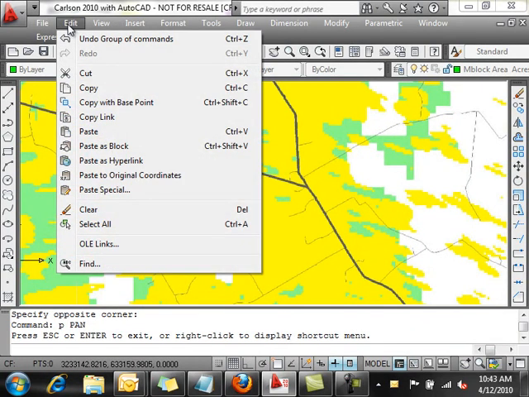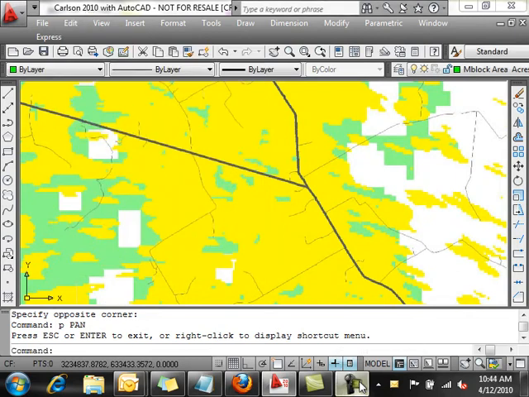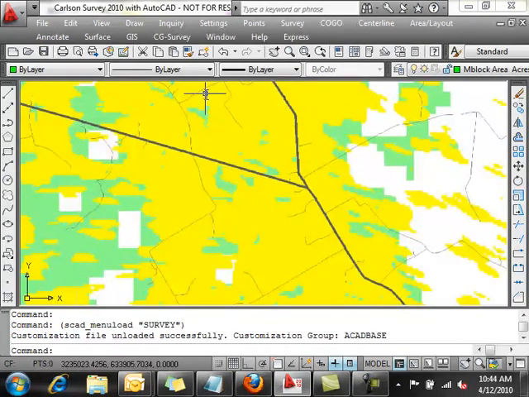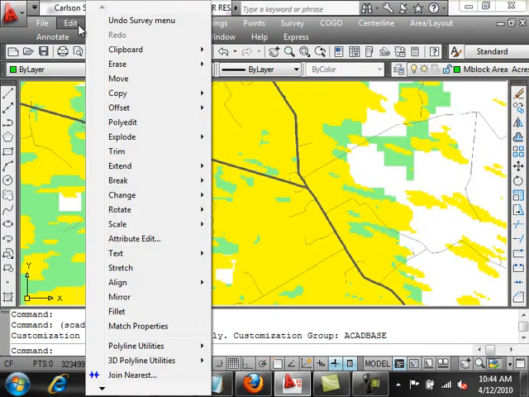So what I'm going to do is I'm going to align. I'm going to make sure I'm using the Carlson menus, and then I'm going to use the edit